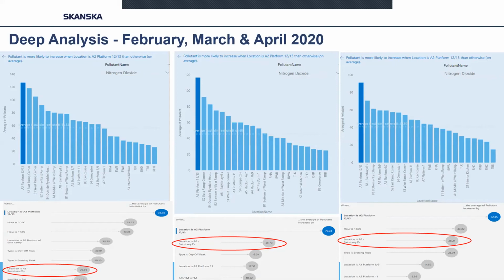It's one of the lower key aspects. But as you get through to March and April, you see a significant increase in how much the external levels affect within the station, which is quite interesting because we know that the external levels have actually decreased. But as a proportion, we're seeing it has a much more significant effect inside this building because of the different factors within that building which are no longer happening. For instance, the trains and fewer people being in there and no construction work. So that was just a little bit of a takeaway we had from the data.